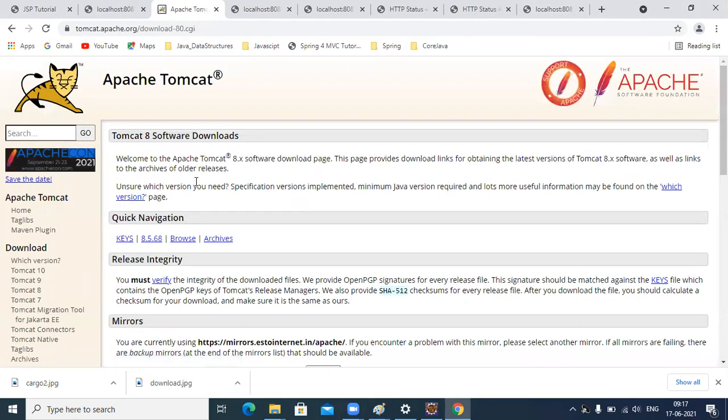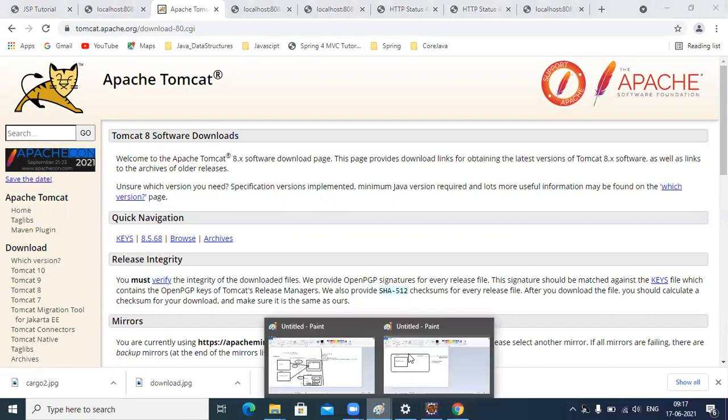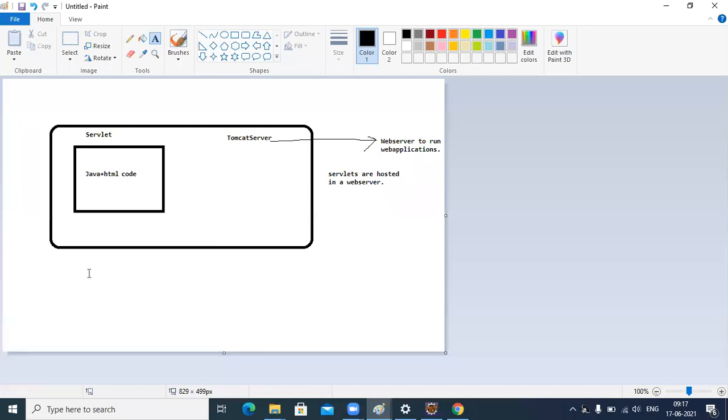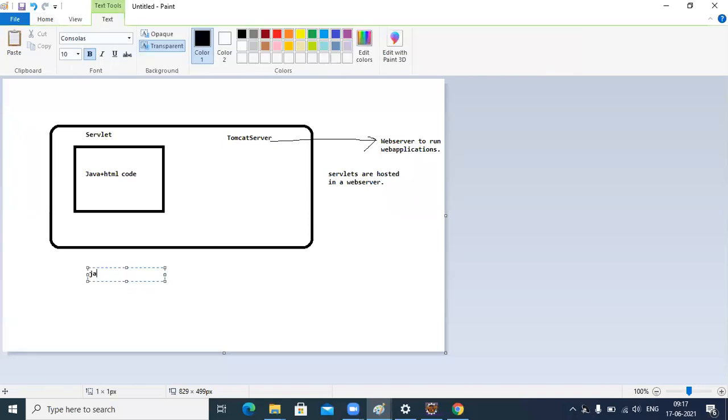This is Tomcat 8 I'm trying to install, or you can install Tomcat 9. The minimum compatibility: for Java 8, you have Tomcat 8.